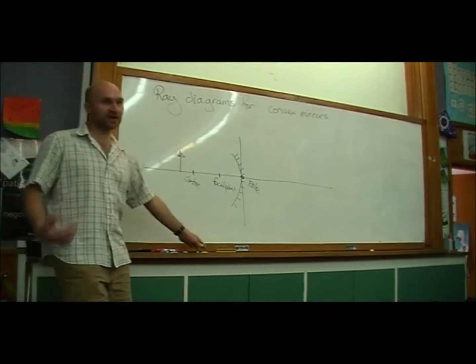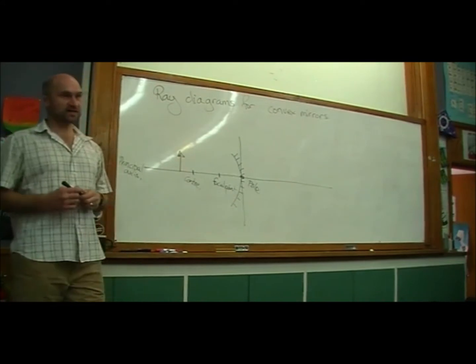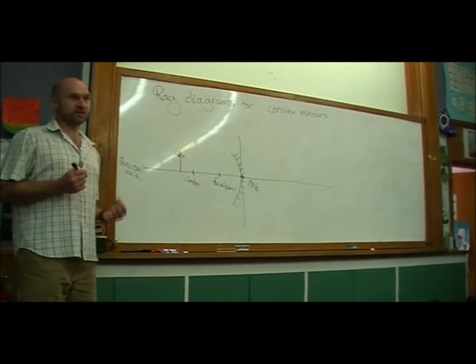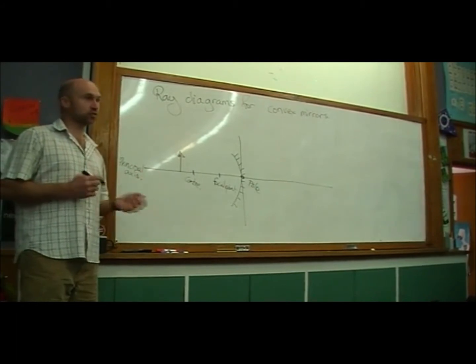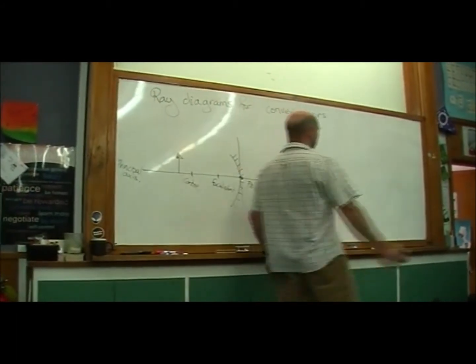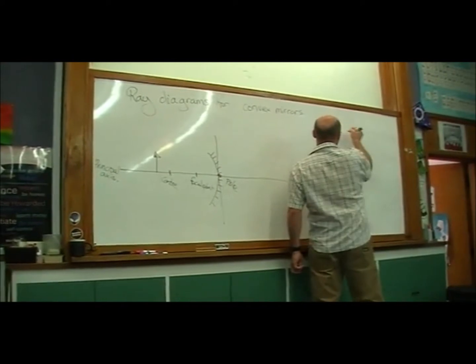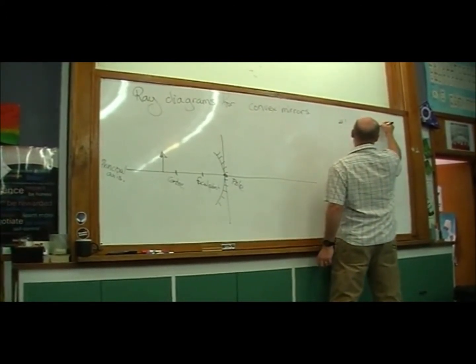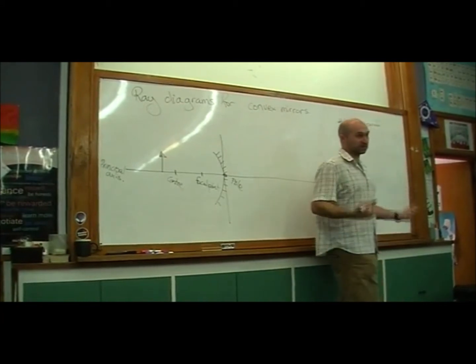There are only ever three rays that we have to draw: two rays to find an image, and then a third, a checking ray, to make sure we've got it right. So the first ray, number 1, goes in parallel to the principal axis,